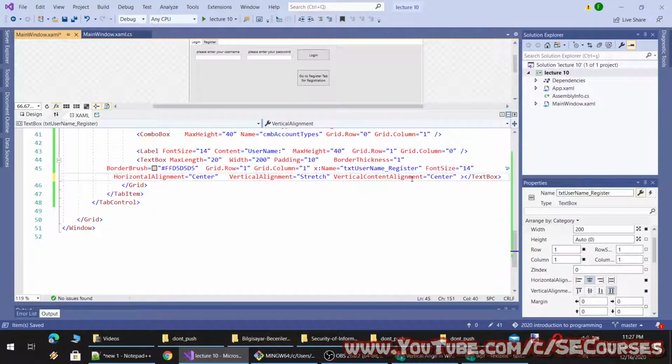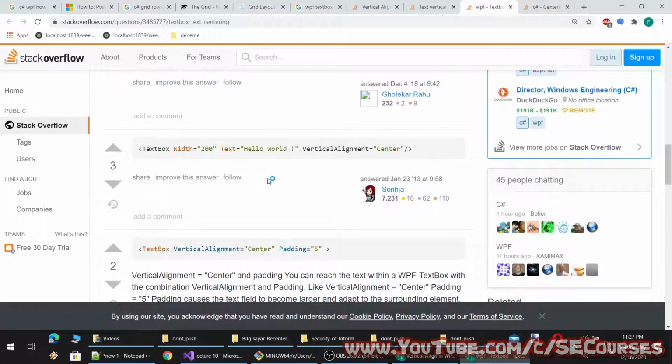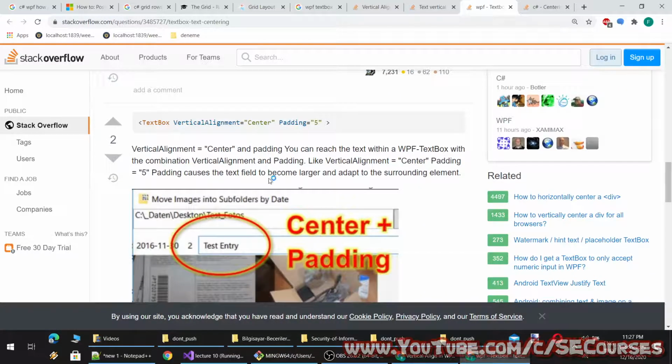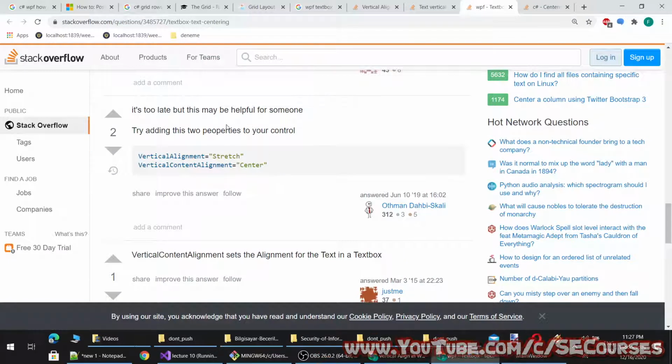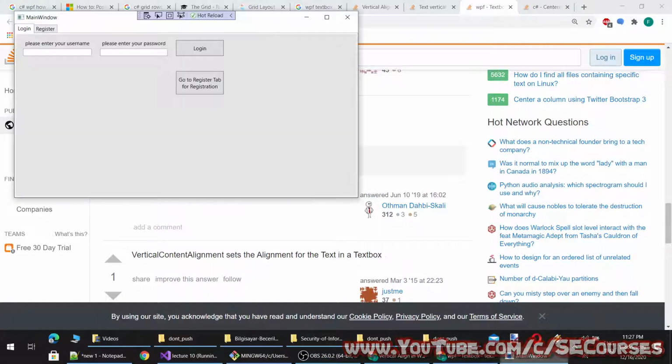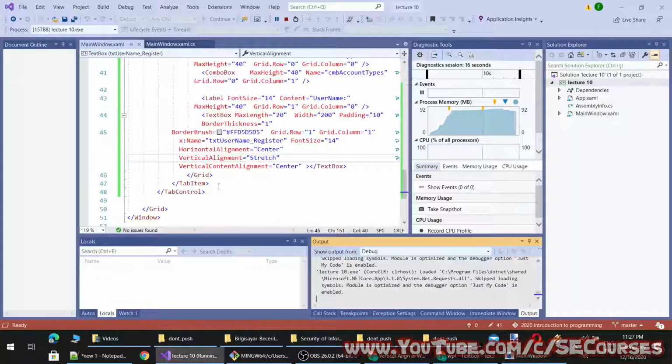There is vertical element stretch and vertical content alignment center. Yeah, it is posted 2 times. And oh, I see. You see, if I make stretch, it is doing like this. However, this is not what I want.